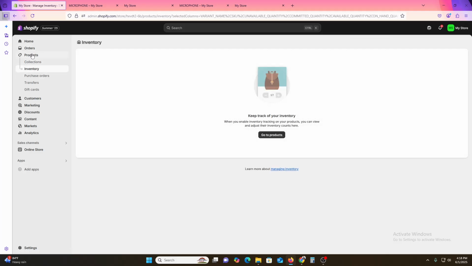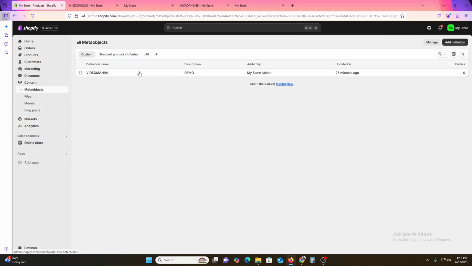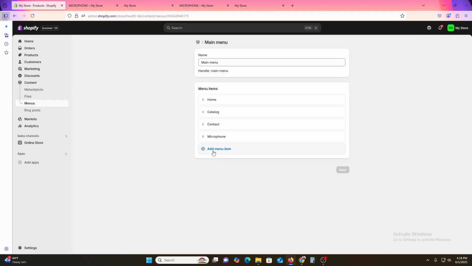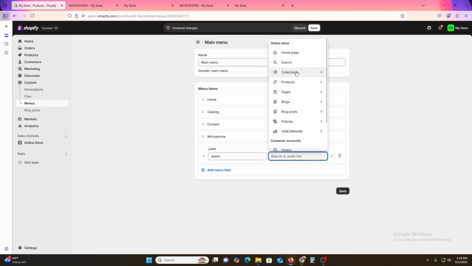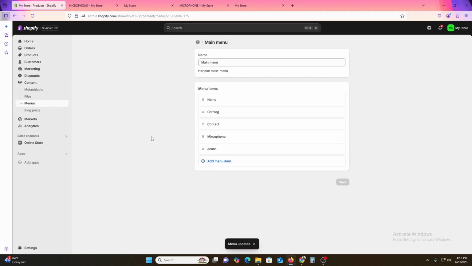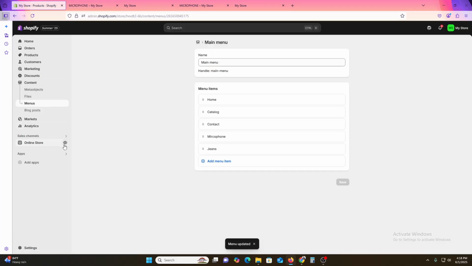Once you're done, you just need to come back to the menu bar, go to content, and click on menus. Just come back here and add a new item in your menu bar. I'm going to name it jeans, and select similar options, like select from the collection. When you click it, it will give you the option jeans. Then you just need to click on save. Once you do it, your result will show on your shop. Just click on online store,